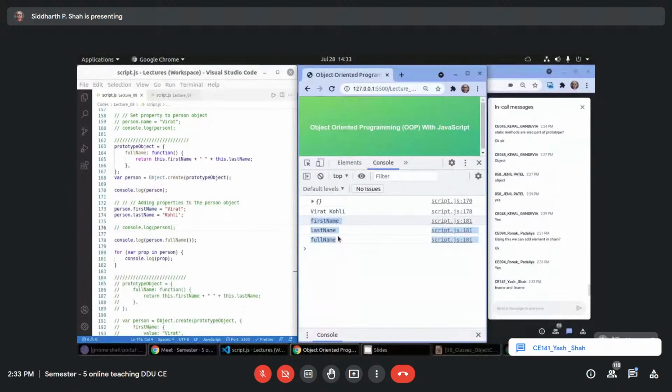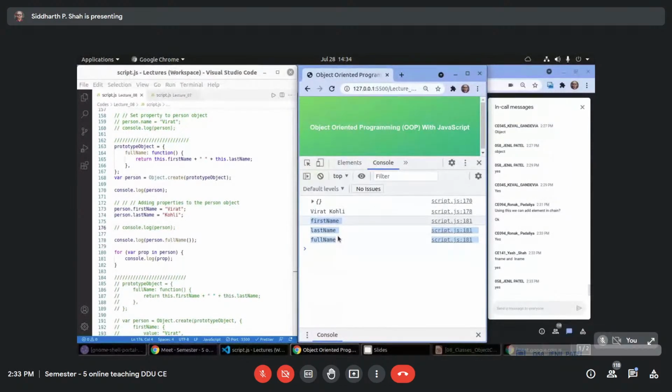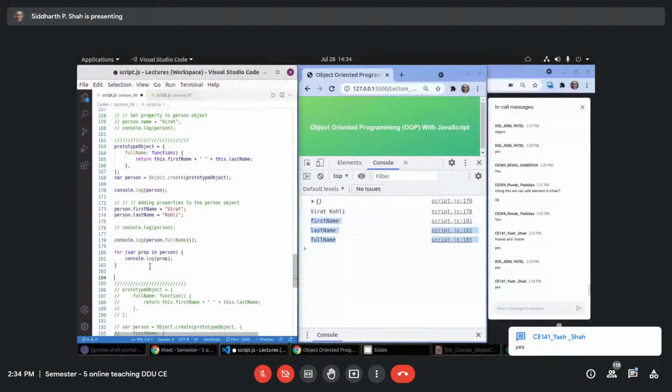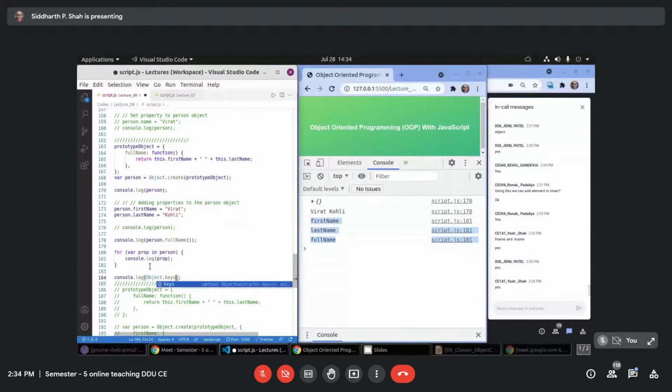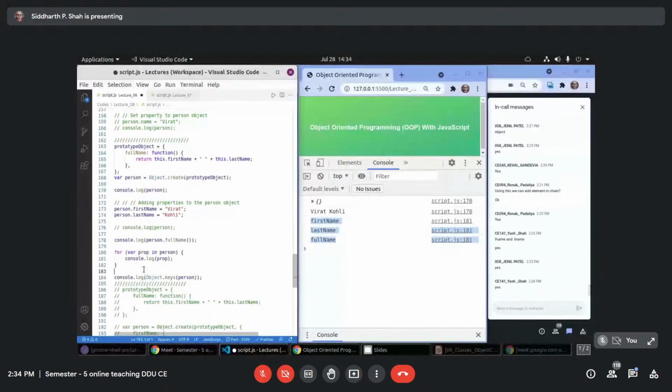If you remember, when you use a for-in loop, it will print own properties as well as prototype chain properties. I hope you remember. But if you use, instead of this, Object.keys, it will print only its own properties, first name and last name.